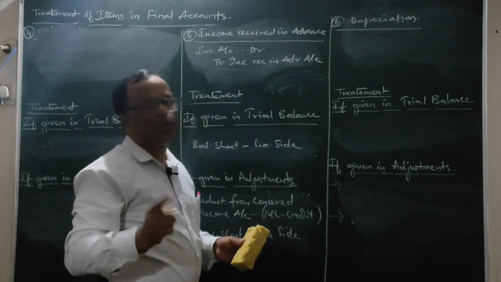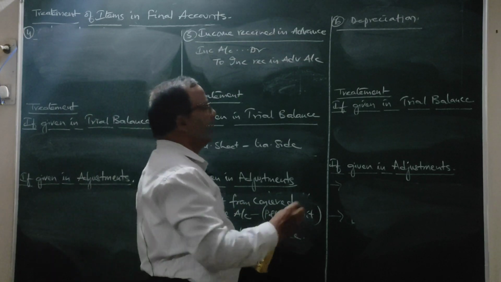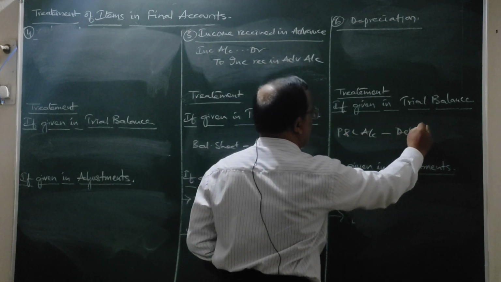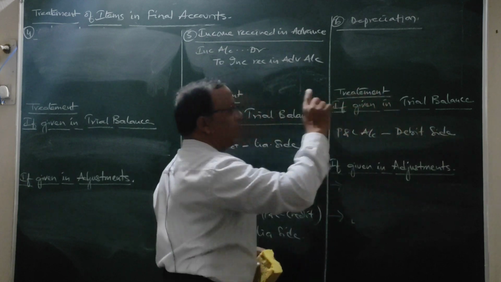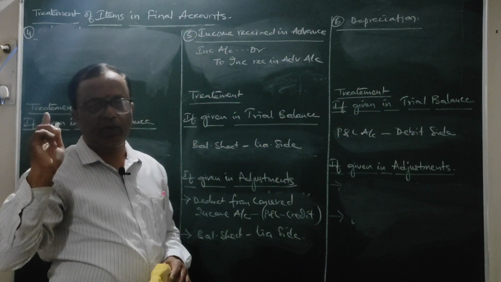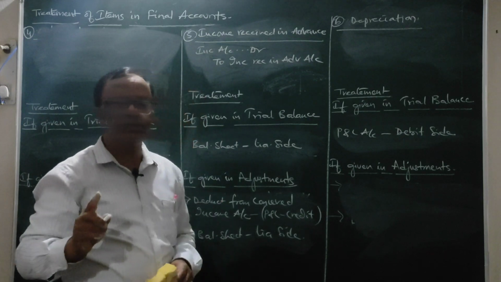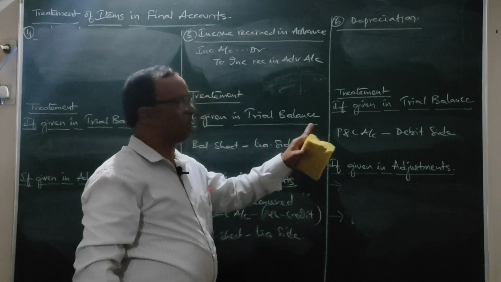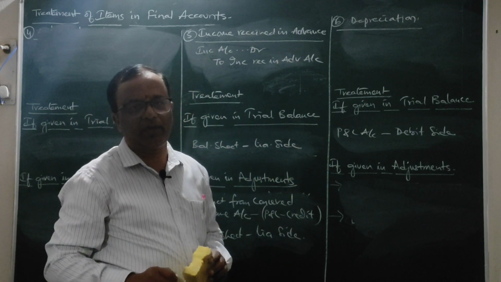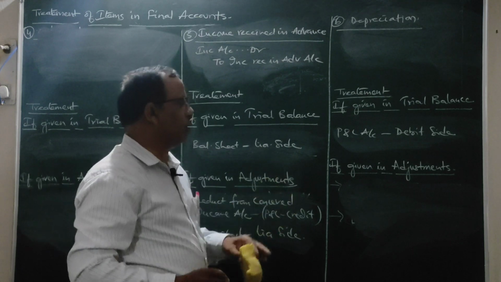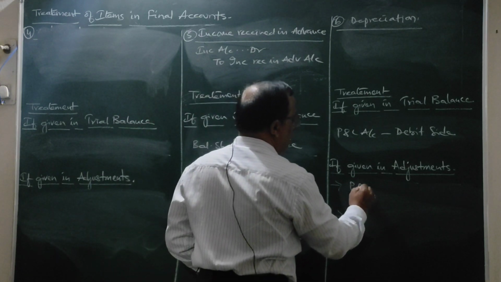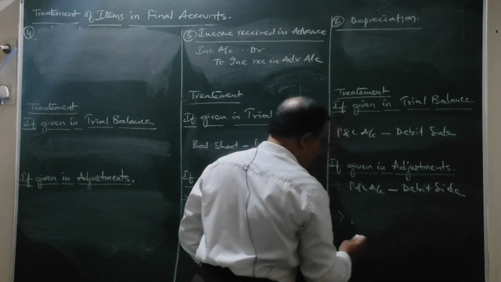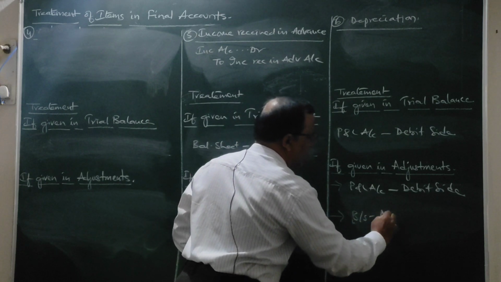If depreciation is given only in the trial balance, at that time you are going to debit it to your profit and loss account. Profit and loss account, debit side only, you should post it. If given in the trial balance, we write at only one place. If depreciation is given in the adjustments below the trial balance, then our twofold effect will be: one, profit and loss account, debit side you are going to write. Second, balance sheet, asset side,